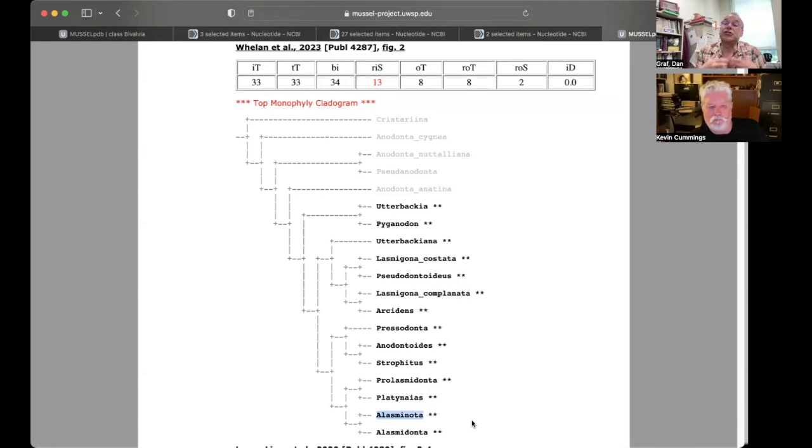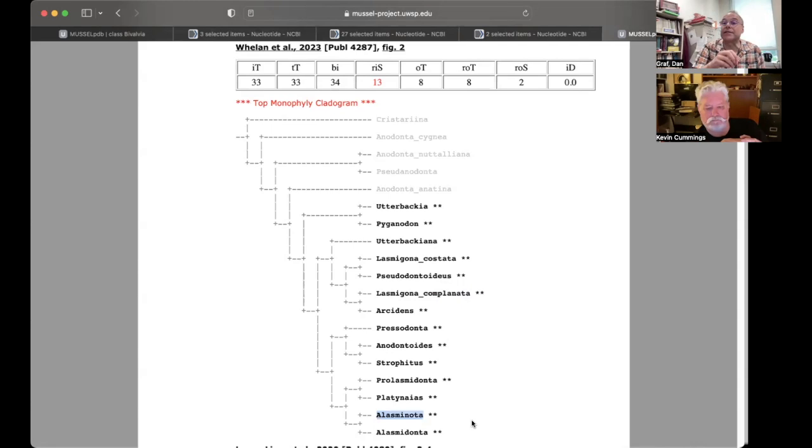That the genus Lasmigona, as you see it in most sources, just isn't monophyletic. We have actually these three different species groups that do tend to cluster together as their own groups, and there are existing genus names for those things. So on the MUSSEL Project website, we've already just gone ahead and updated the taxonomy in the database, and then when that happens in the database, it updates